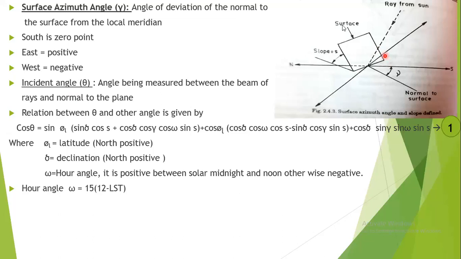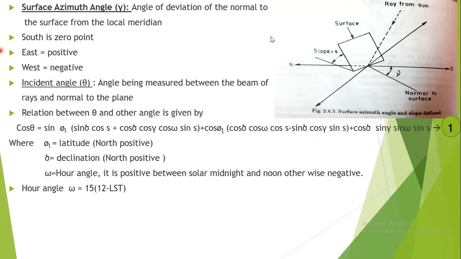From spherical geometry, the relation between theta and the other angles is given by this equation: cos theta is equal to sin phi sin delta cos S, where S is the slope, plus cos phi sin delta sin S cos gamma, plus cos phi cos delta cos omega cos S, plus sin phi cos delta cos omega sin S cos gamma, plus cos delta sin omega sin S sin gamma. In future we will simplify this equation by some